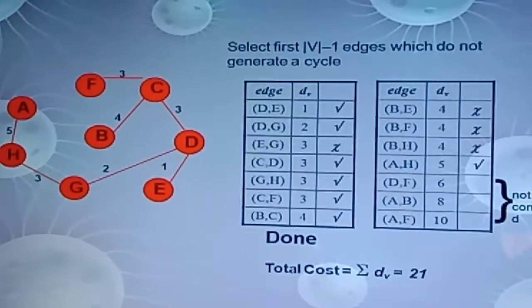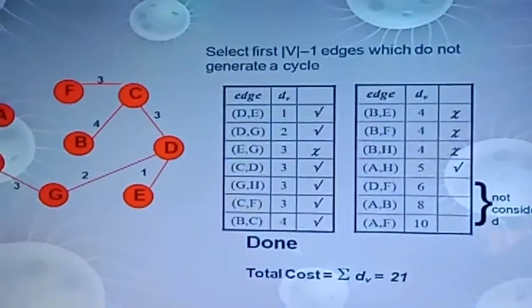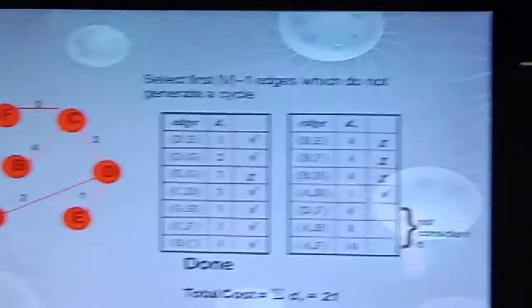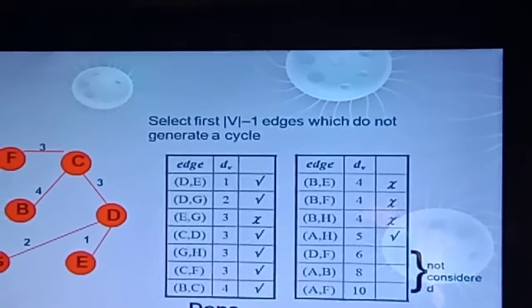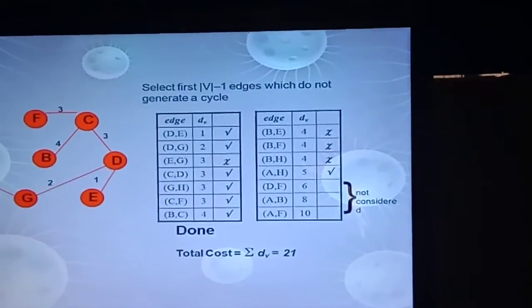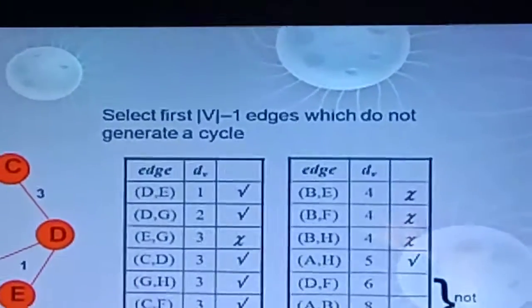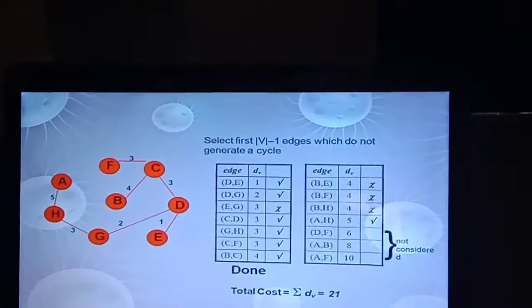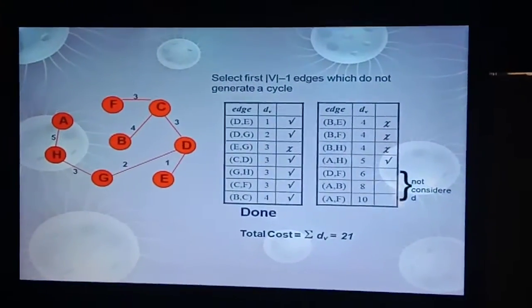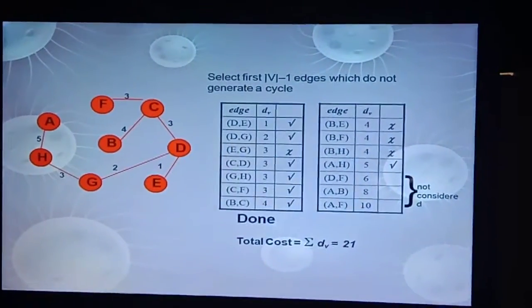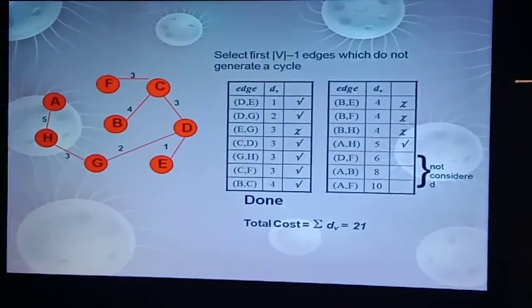So here Kruskal's algorithm is simple when we compare it with Prim's algorithm, and also takes less cost. But here the order of time complexity is not the same for both. This takes extra time complexity because the traversal time is similar to Prim's algorithm, but there is one extra step: when we are traversing the graph, the list of edges which we have to traverse should already be sorted. So we have to perform sorting and then perform traversal, but in Prim's algorithm there is no sorting, only traversal. So this takes more time than Prim's algorithm.